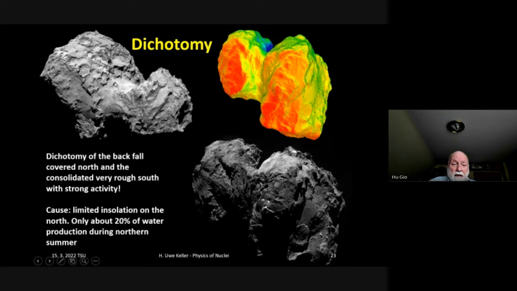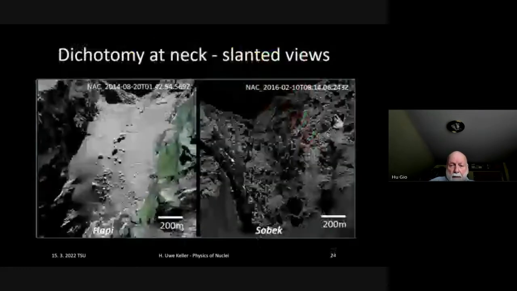But I think the roughness is indicating that at some other time, the orbit of the comet was different, because we know that the comet passed Jupiter some 2 or 3 orbits before. So the orientation of the spin axis may have been different, and the northern part got more sublimation at that time than it is getting now, I guess.